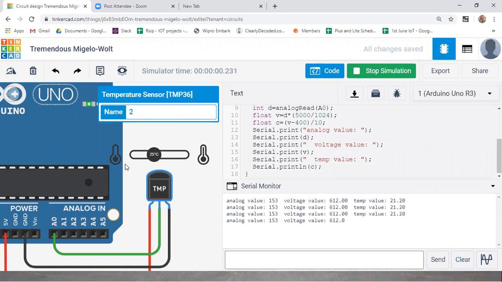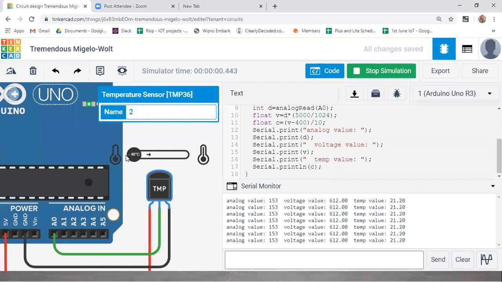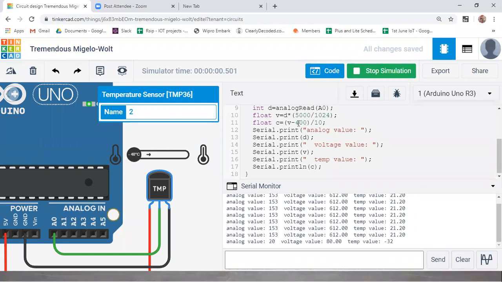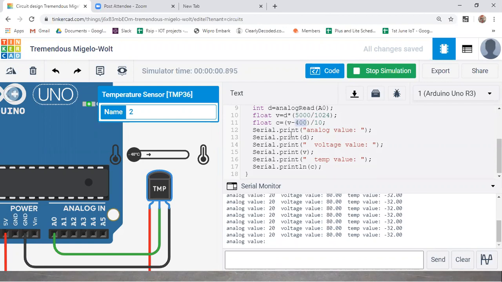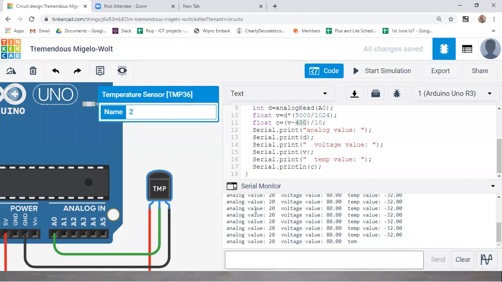Okay, so here the temperature sensor is minus 40, right? So for that purpose, you need to make some changes here. So it depends upon the range. If you want to get the accurate value, you can make use of that range. So guys, just try to do that. After the session, just try to do that.